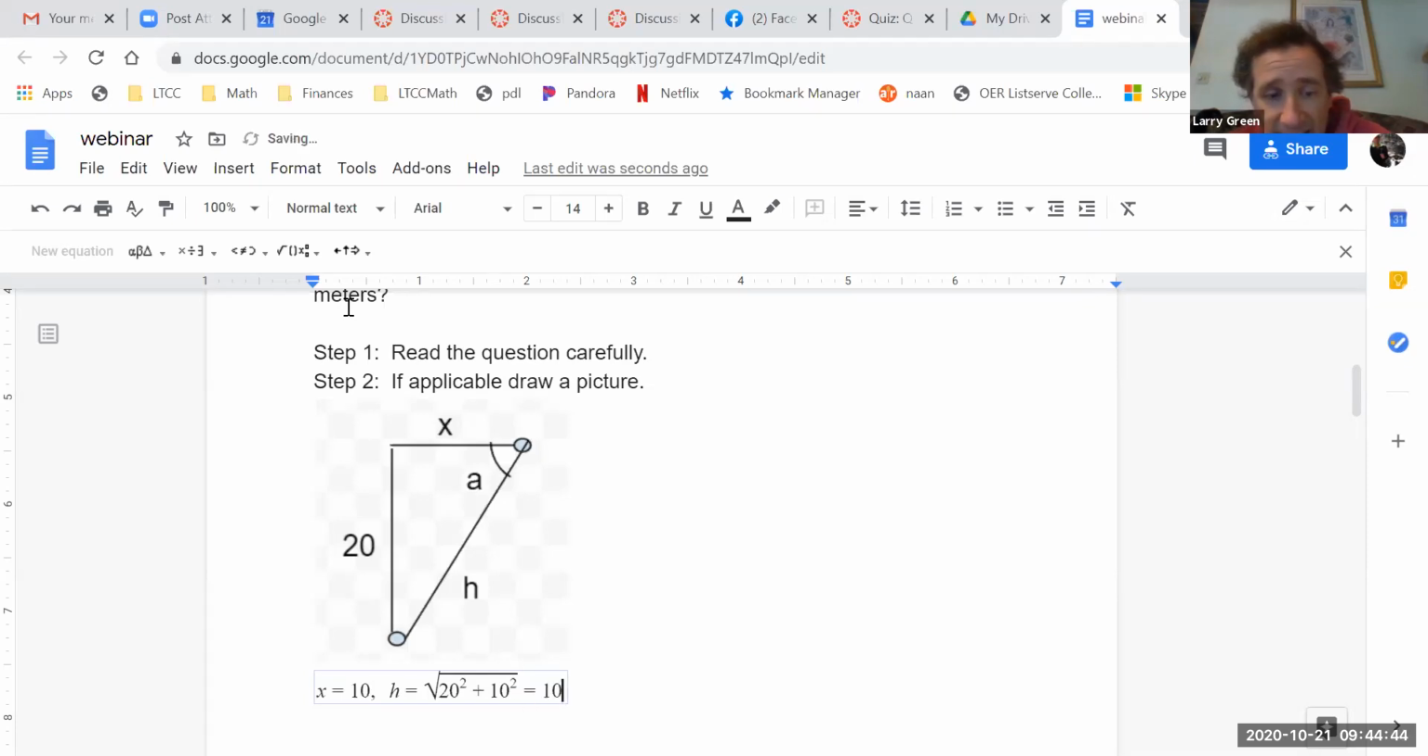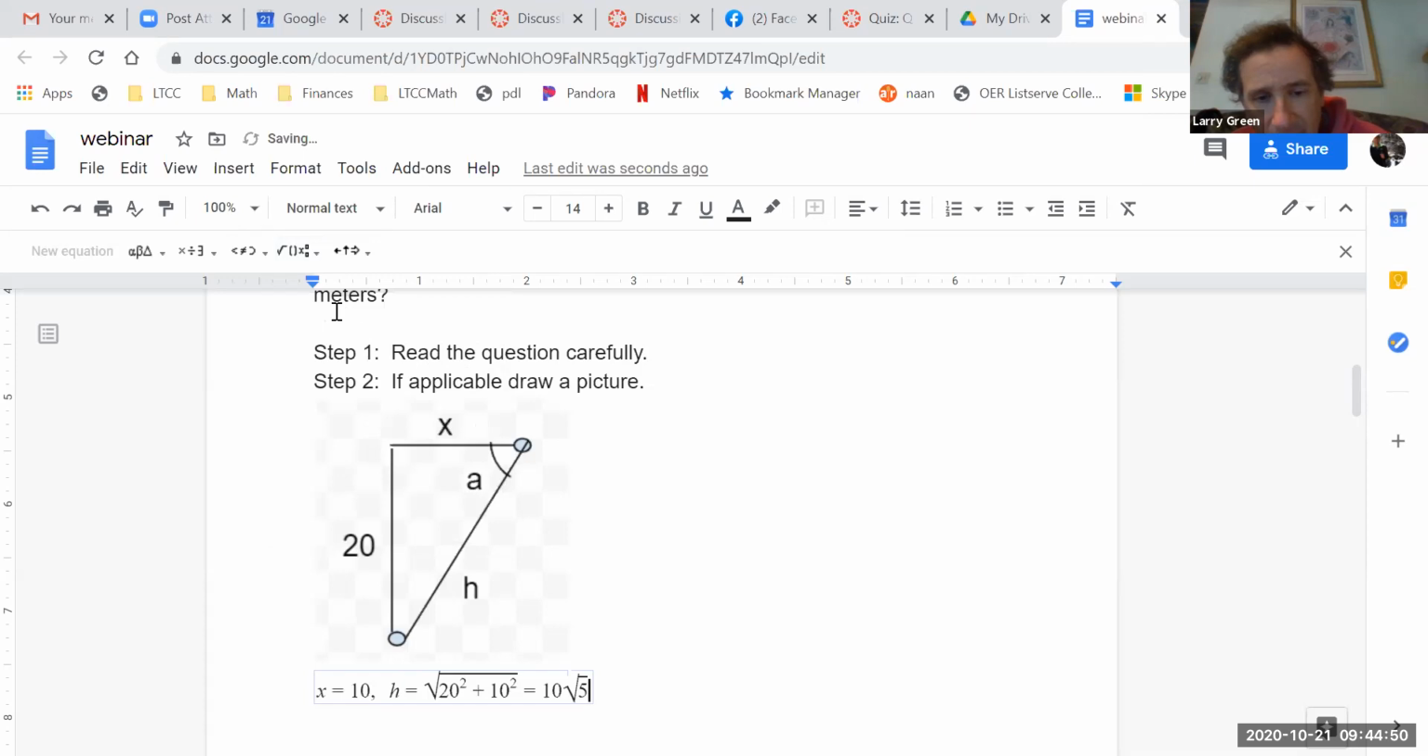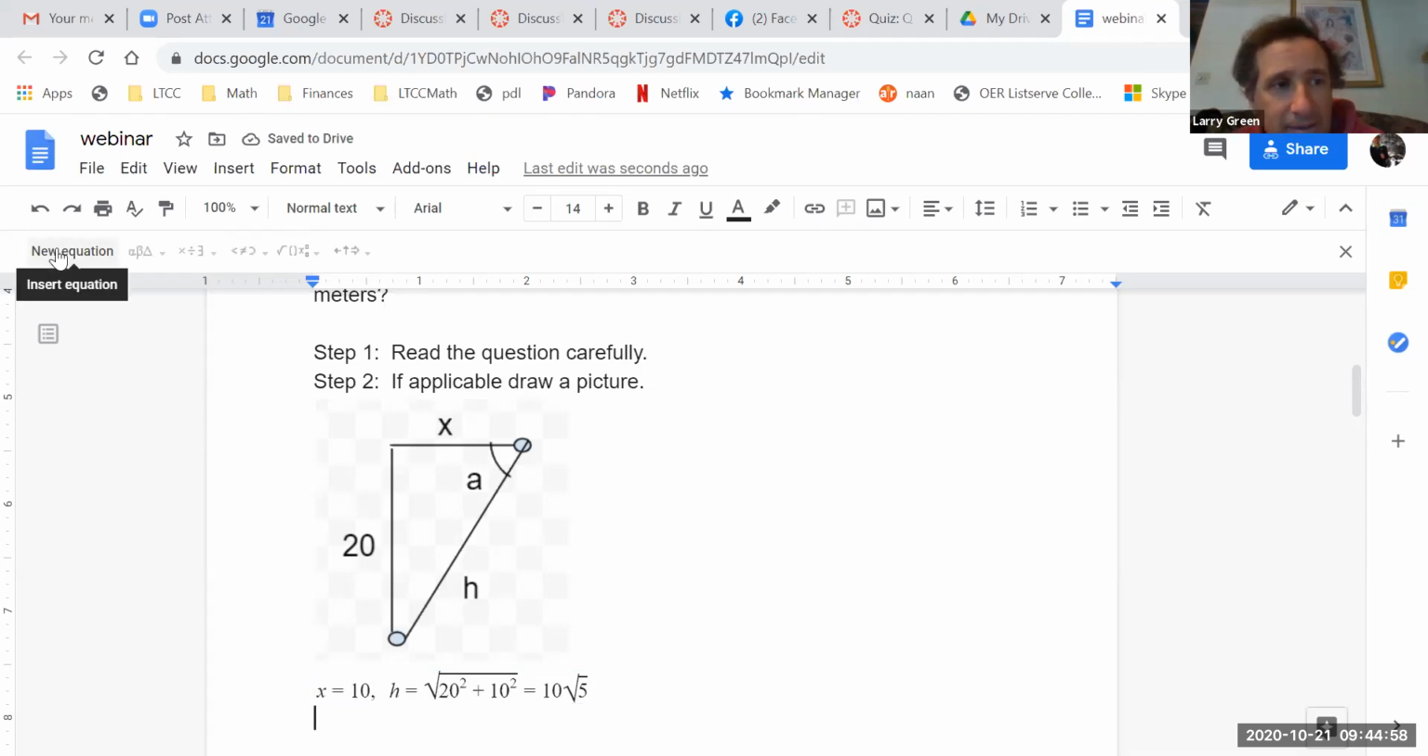Which is 10 root 5. Just simplifies nicely, somewhat nicely. And then secant of A